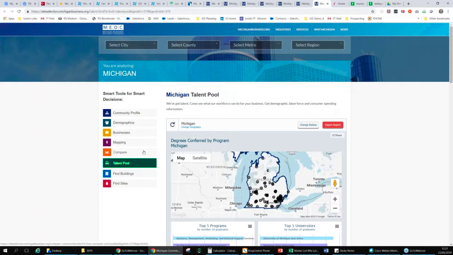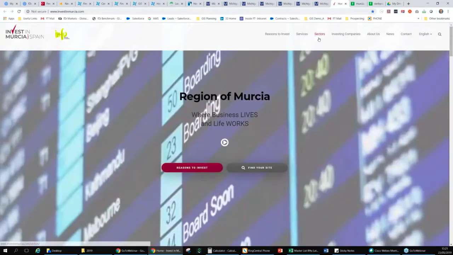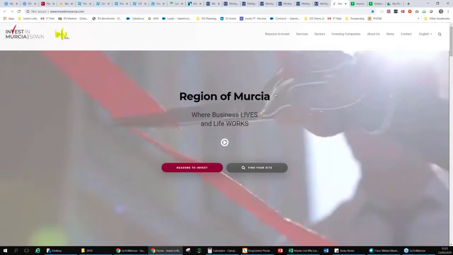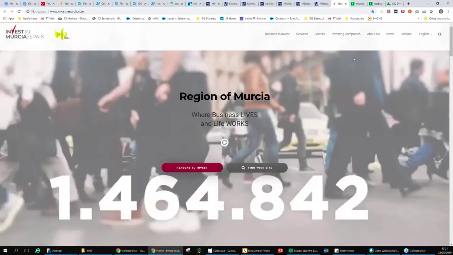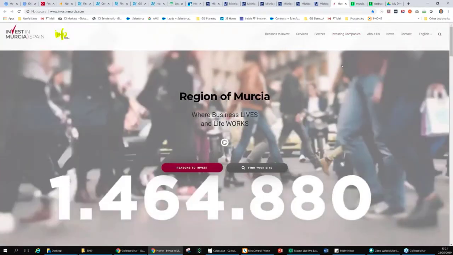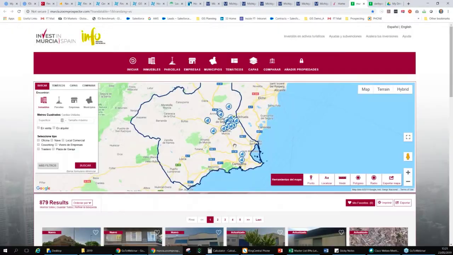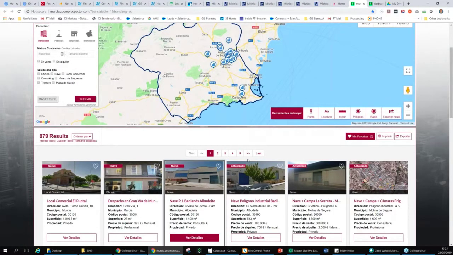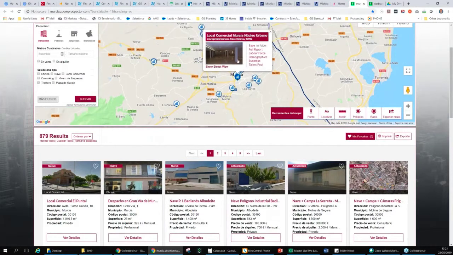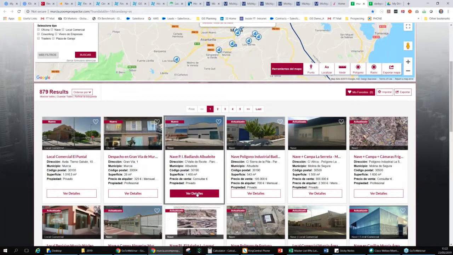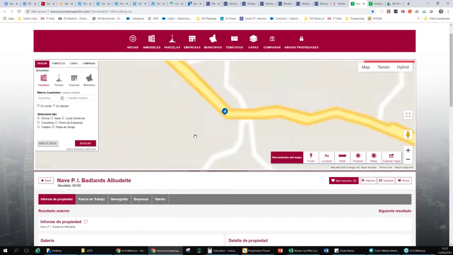The second case I wanted to highlight is communities that are also interested in showing all the available properties they have. For this case, I wanted to show you the case of Murcia and also the case of Derby in the UK, where they use this technology to facilitate the decision-making process for any visitor, or any person trying to invest in the region. And the way they work is the following: you look for a